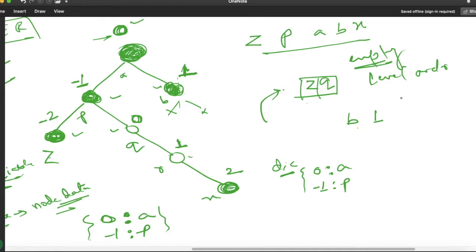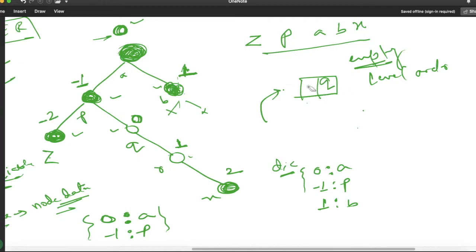Now after that the next target is we have to check whether this 1 is present as a key in my dictionary or not. So 1 is not present, so we will treat this as a key and the value will be here B. Done. Again this queue is not empty. Our main target is to empty this queue. Again this queue is not empty. So let us pop out this element.